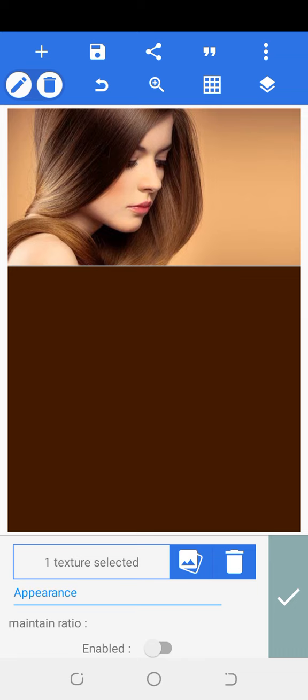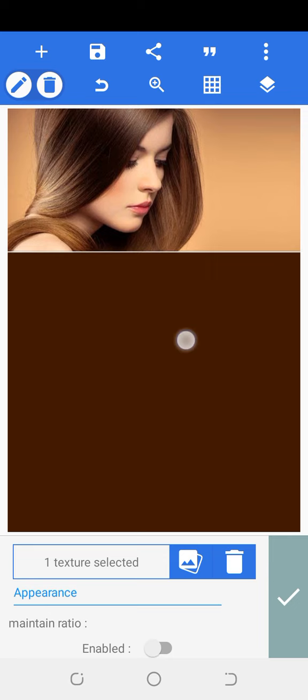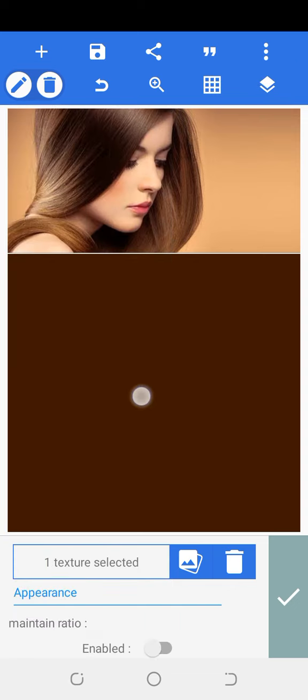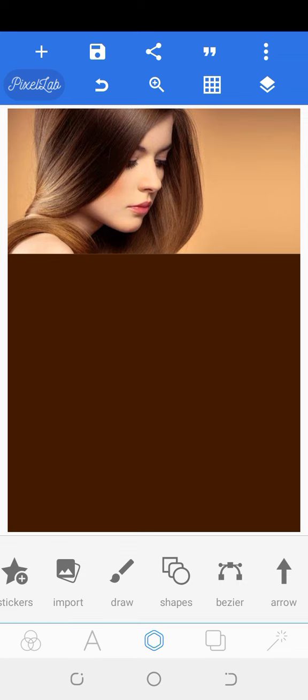So I'll equally go to layers, guys, to lock this up, so that it will stop dancing up and down. Yeah, and after I've done that, the next thing I want to do is